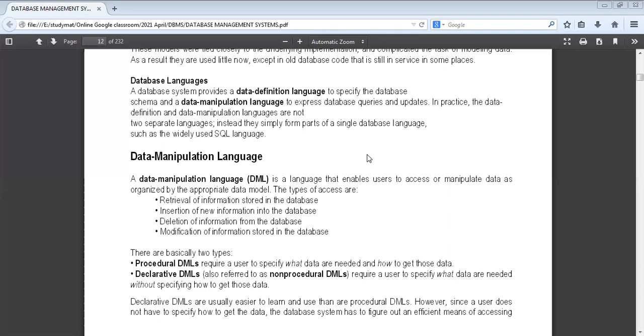So data definition language is the storage structure and access methods used by the database system, which are specified by a set of definitions in a special type of DDL, which is called a data storage and definition language. Okay, so basically data definition language हम SQL कमांड में क्या उसका इम्प्लीमेंटेशन रहता है, कैसे उसको इम्प्लीमेंट करता है कि यूजिंग